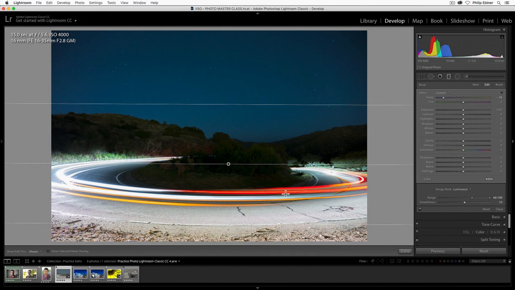Similar to what we had in the Walt Disney Hall, the range mask prevents this adjustment from completely adjusting the ground below, which might not look too natural. Cool, so now you know how range masks work with both the luminance and color adjustments. Remember, you can use these for both or any of the graduated, radial, or brush filters.